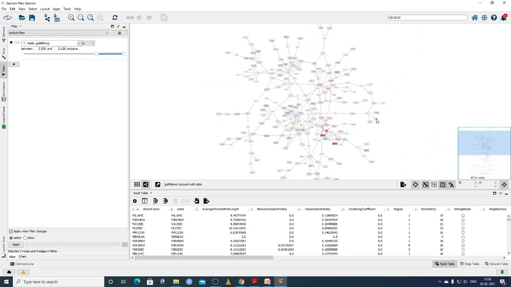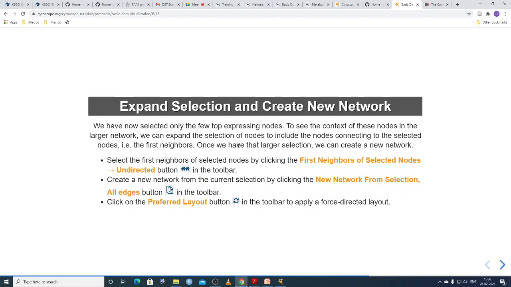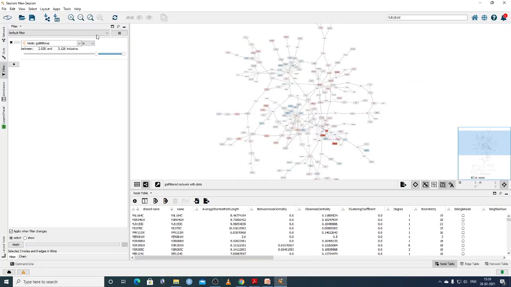So let us see. We can expand the selection of nodes to include the nodes connecting to the selected nodes. So first, node neighbors. Once we have a large selection, we can create a new network. Let us select the first neighbor. Select by clicking the first neighbor of selected nodes. Okay, here is the option.